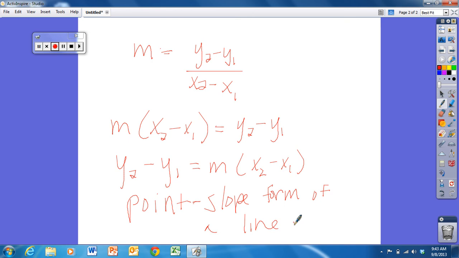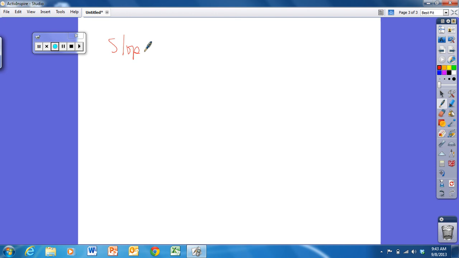Y equals mx plus b is the slope-intercept form of a line. There are 3 ways to write the equation of a line. There's 3 forms. The first form is y equals mx plus b, which is called, hold on, let me make a little chart. Slope-intercept form is y equals mx plus b. It's called slope-intercept form because it has a slope and an intercept. How about that? Point-slope form